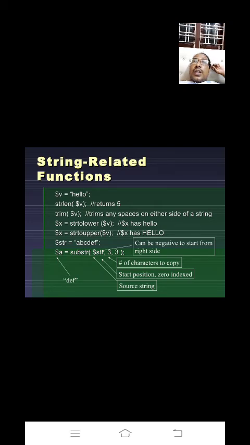You have to write the definition yourself, depending upon your requirement. The second type is predefined or built-in functions: the functions whose definition is already written in the compiler.